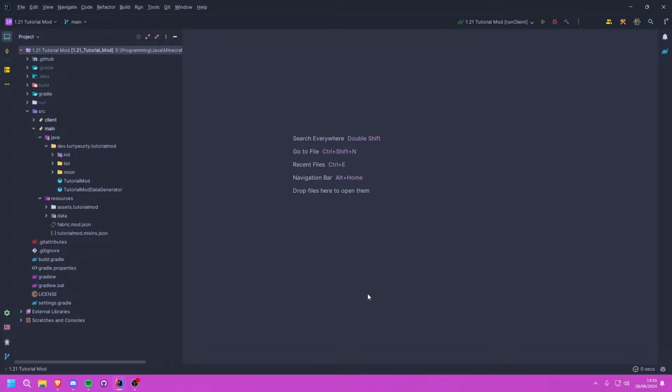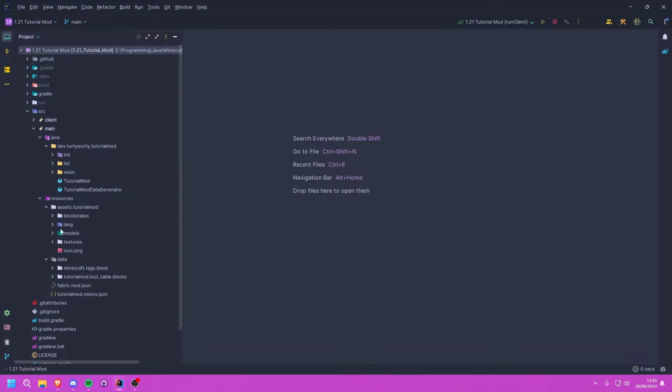So if you don't know what datagen is, then basically datagen is what it says. We are going to generate the data that we use in our mod. So we're going to generate the assets, and we're also going to generate the actual data stuff as well. So we'll generate the block states, the lang, the models, we'll generate the tags for our block, and also the